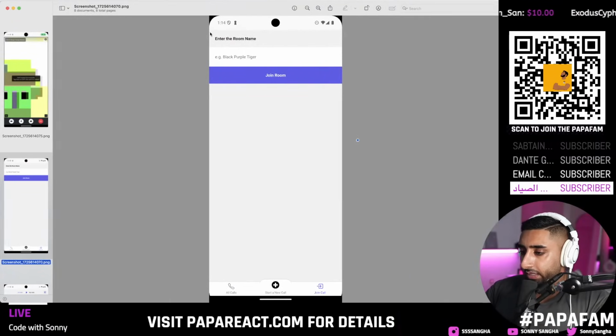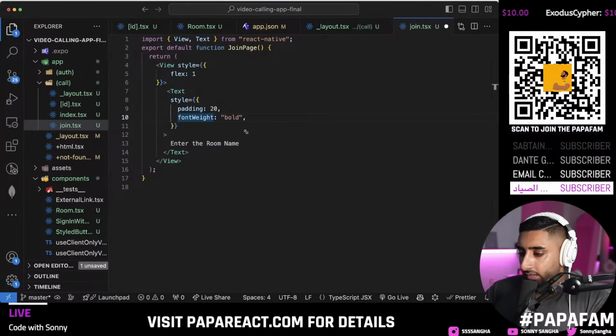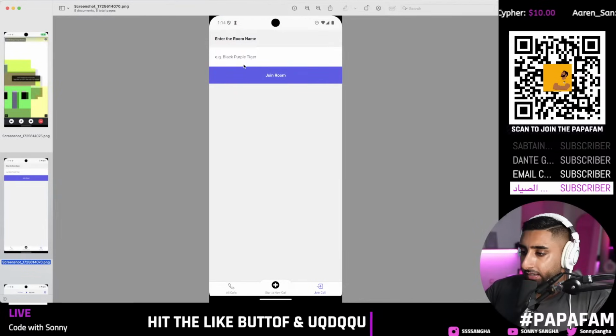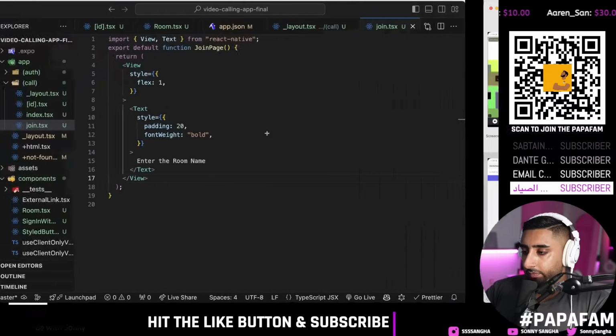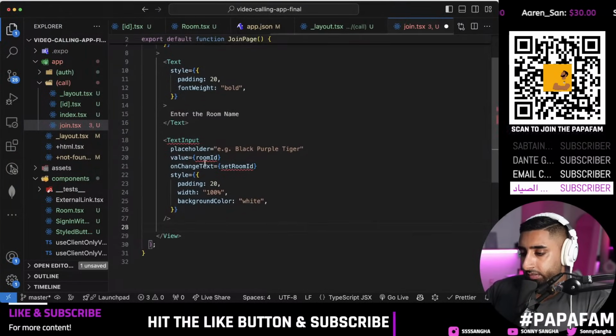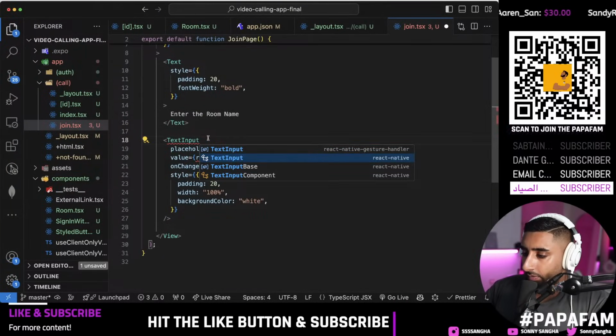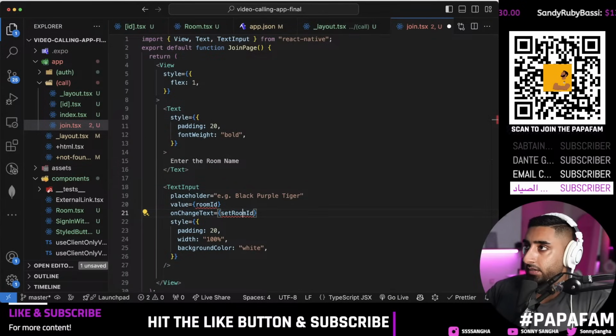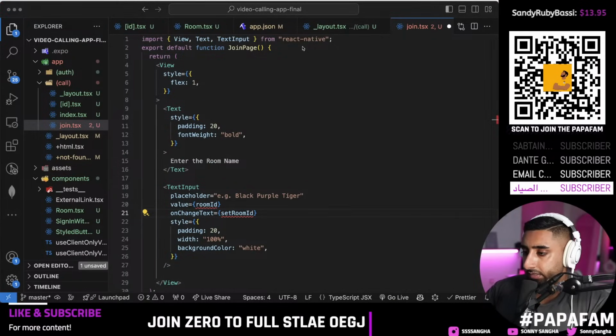And remember guys, we're building this right now. So enter the room name, it's going to be here. And then we've got the text input. Okay, so text input, first one here, and black purple tiger, for example, right? Whatever the case. Right, text input, pull it from React Native, and then we've got the room ID, set room ID. Okay, so let's go ahead and use that right now. So that's a piece of state,